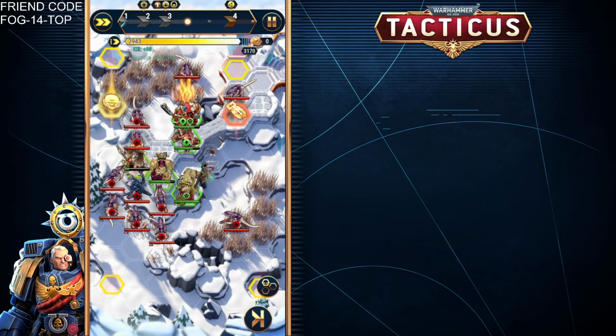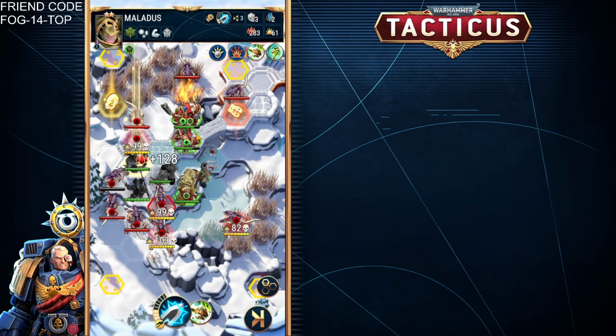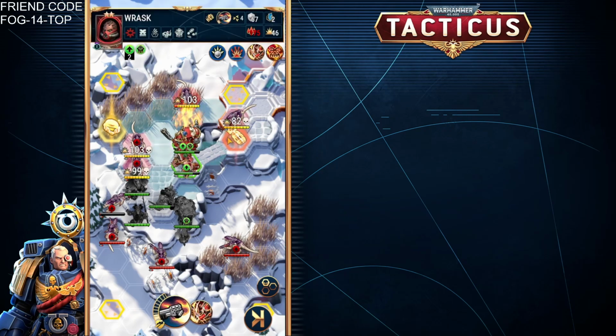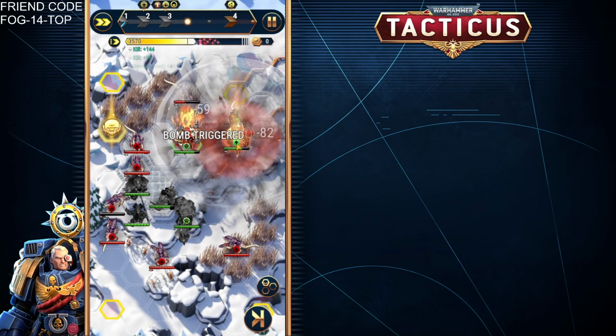And I now kind of wish that bomb was down here. Let's start by doing some damage and healing up. Let's carry on. I think we're going to have to step on the bomb anyway. Can he not get there? He can't get there. So we're going to have to do it with Azkor. Okay, well, hopefully we'll